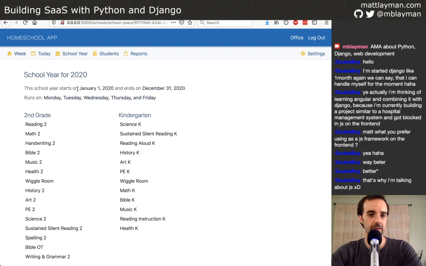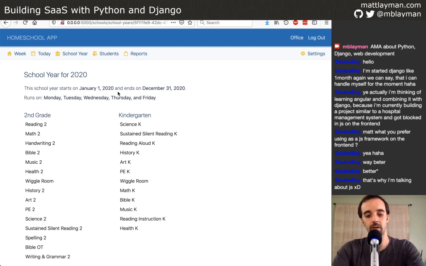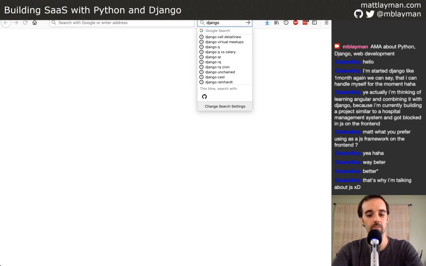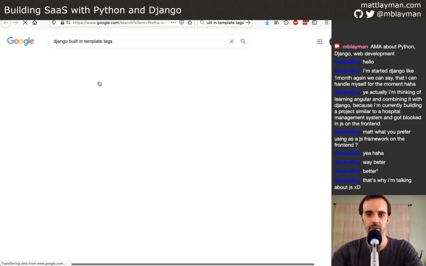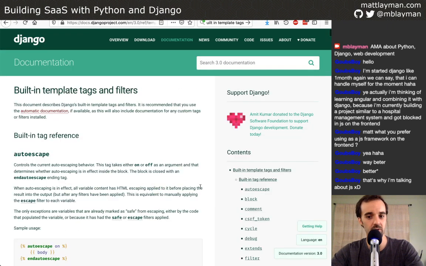And I think the only thing we need to do now is use some formatting to actually pull this out and make it mean something. In order to do that, we're going to use a Django template tag, and I'm drawing a blank on which one. This is good to know: if you do a search for Django built-in template tags, it will take you right to the documentation showing all of them. Template tags and filters are bits of Python code that you can pass your variables into. So when the template is server-side rendered, it will be